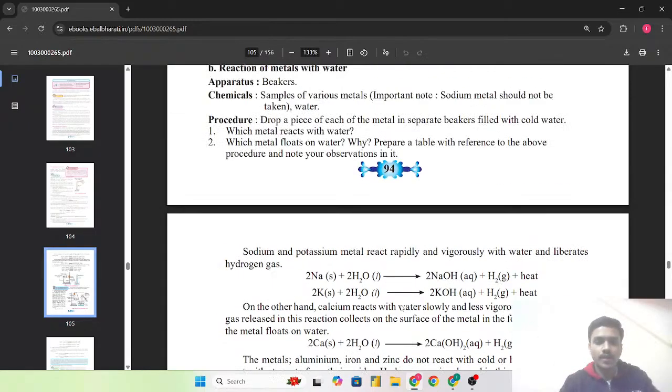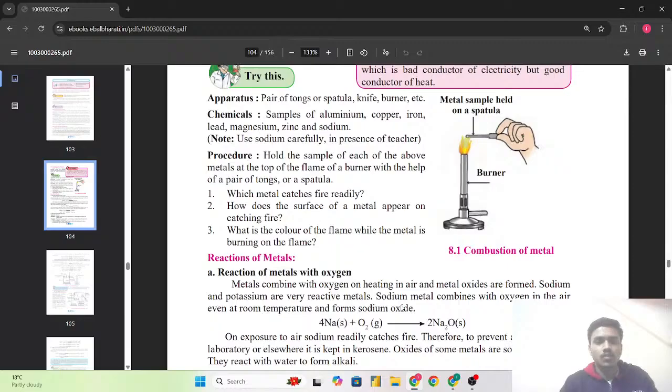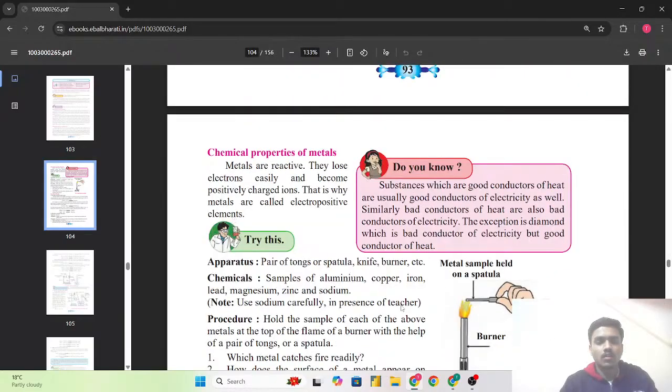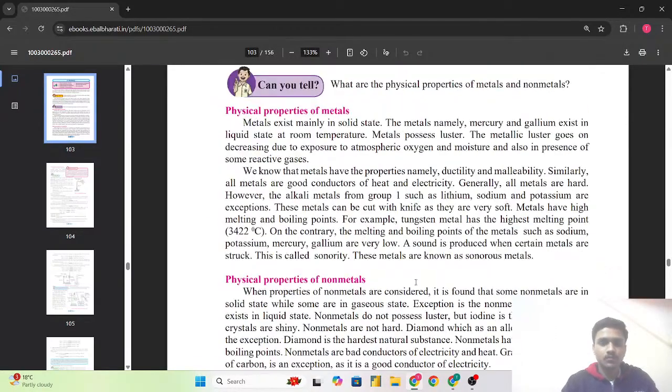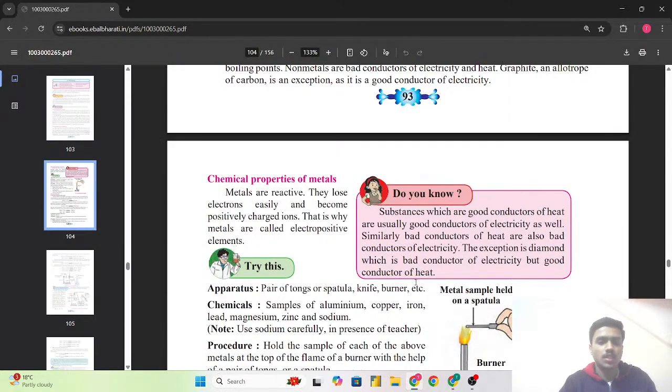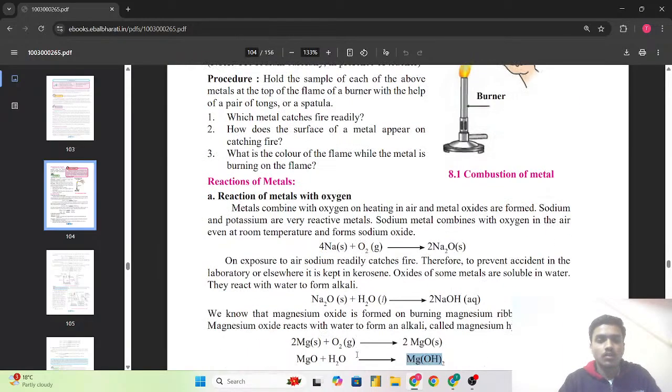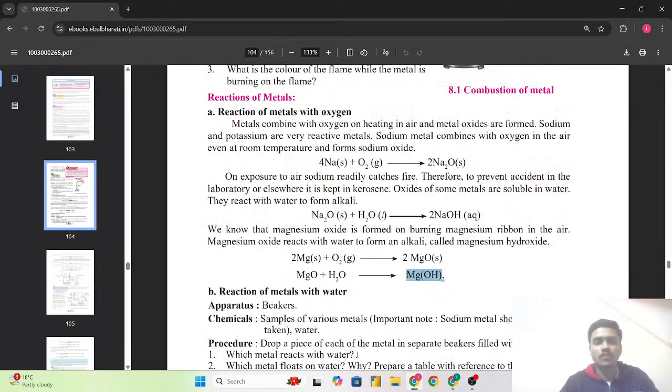So let's get started. As we are seeing, chapter number 8 is metallurgy, which covers the physical properties of the metals and the physical properties of the non-metals. Also, we have seen about the chemical properties of the metals. Next, we are going to see the reaction of the metals, how the reaction of the metals occurs